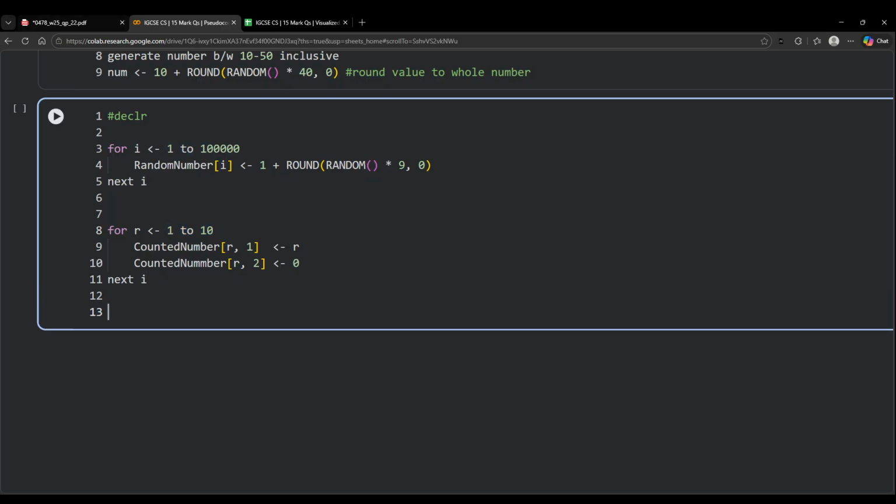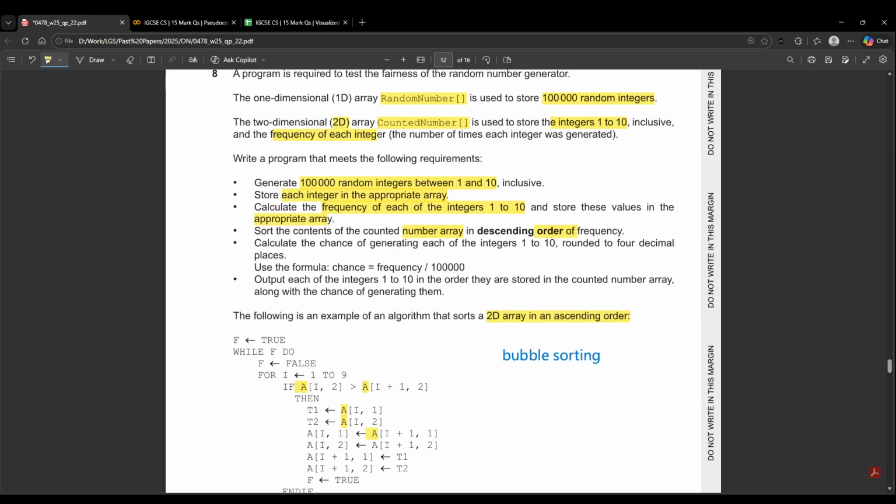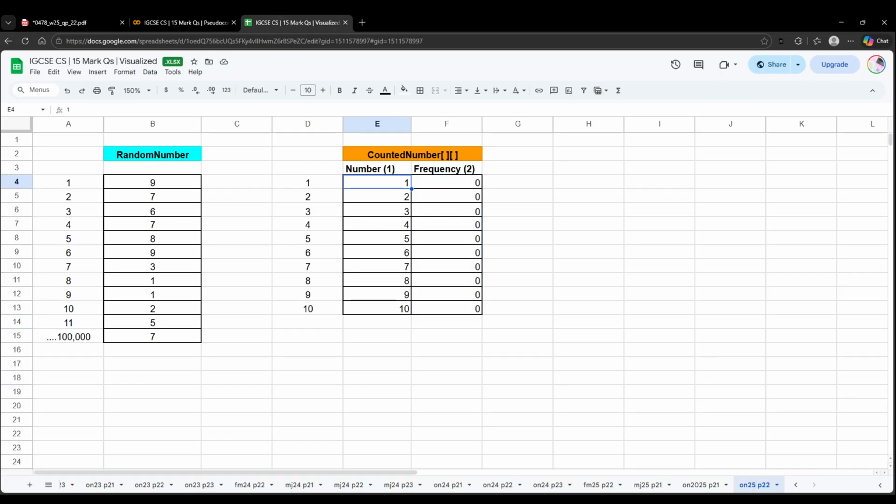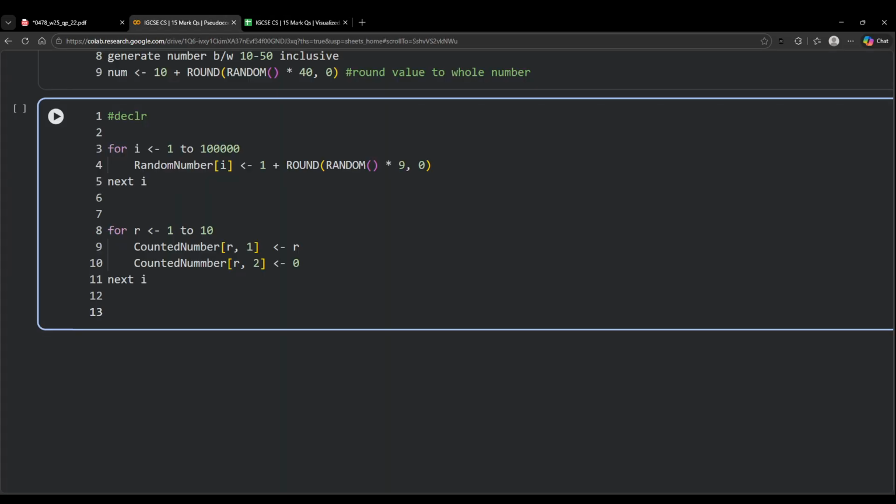Now in the next part, we are supposed to calculate the frequency of each integer. Okay, now in order to do this, we have to pick one value from the 2D array and compare it against all the values in the 1D array. Now, since you are going to pick one value and compare it with all the other values, in this case, we have to use